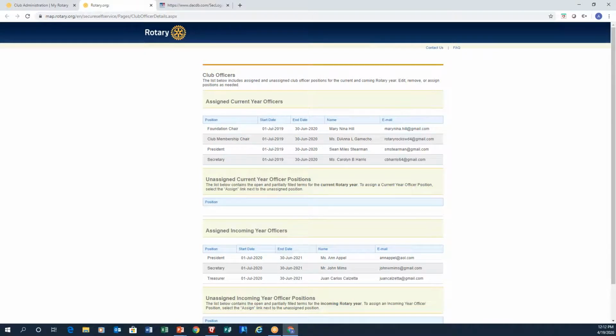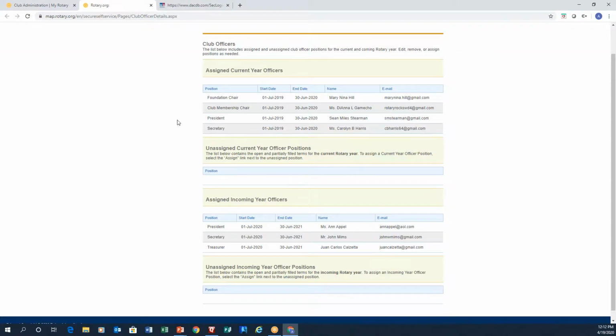As a president of the club, you've got a lot going on. So wouldn't you prefer that foundation information be sent to your foundation chair? I would. So it's really important you update that. In this case, this happens to be my club, which is Monterey Pacific, and they've entered the following chair